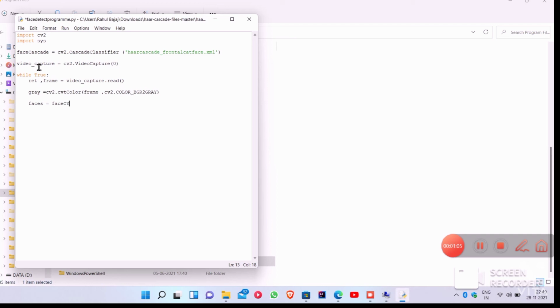faces equal to face cascade dot detectMultiScale. So this function is going to detect the faces in the video that we are going to capture.